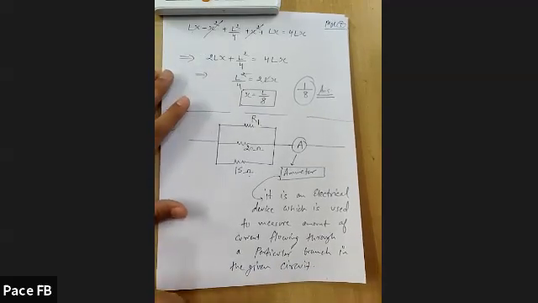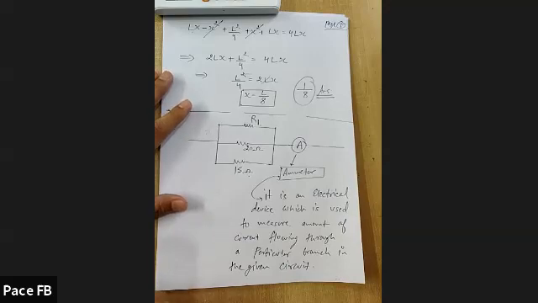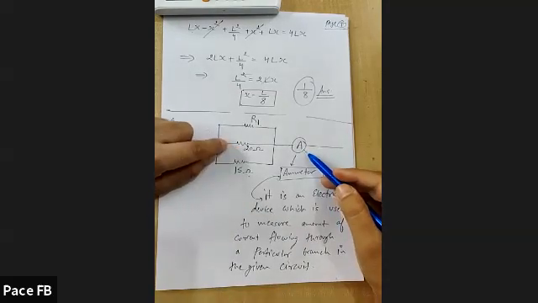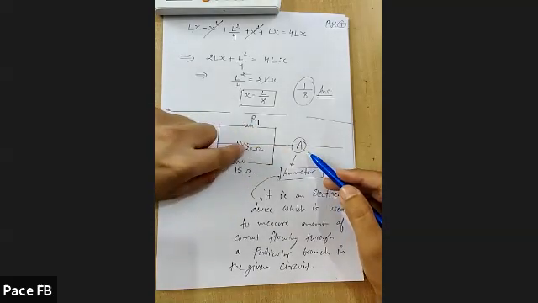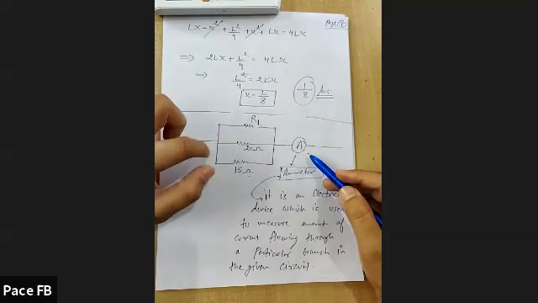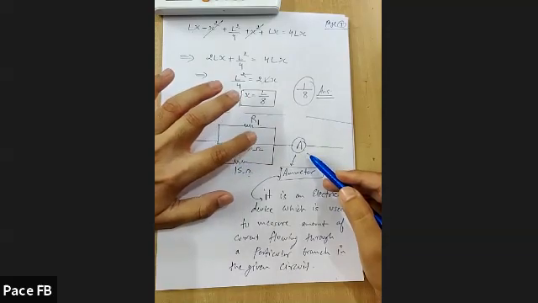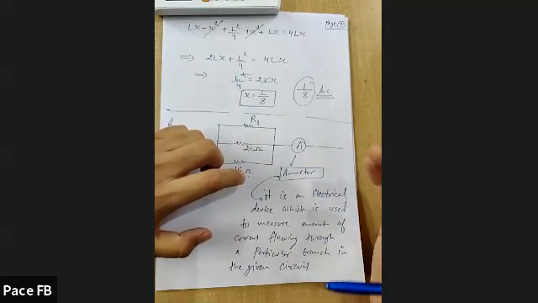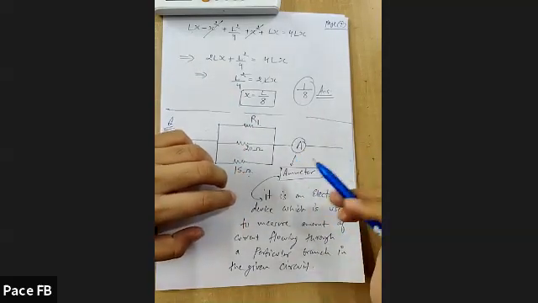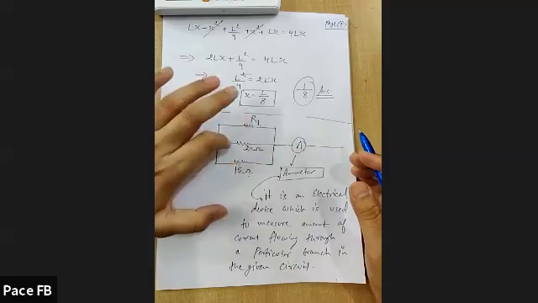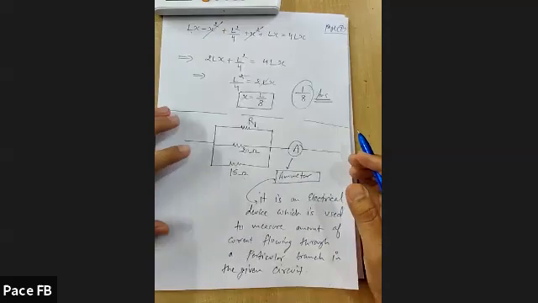Okay, so in a circuit there are many branches. So let's say if you want to find out the current passing through 20 ohm, then you will connect this ammeter in this branch, and then allow current to flow through this branch. This ammeter will give you the exact reading of how much current has passed through this branch. So an ammeter is an electrical device used to measure the amount of current flowing through a particular branch in the given circuit, and you have to connect the ammeter in the same branch where you want to find out the current.